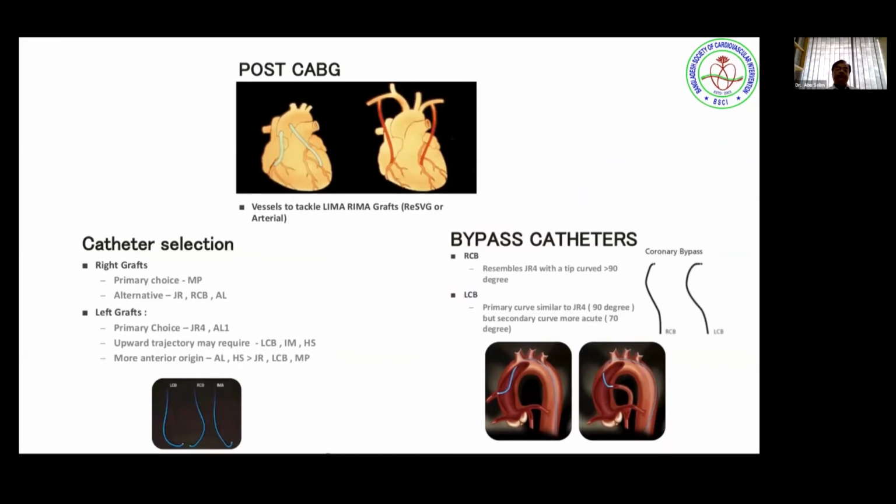And for the venous graft, we have to think of something different. For the venous graft, we always take the RCA catheter first, the Judkins right catheter. If it fails, then we think of the multi-purpose catheter, which is better suited for graft vessel visualization. And sometimes we have to take support from a specially designed catheter for grafts: Lima graft catheter, RCA graft bypass catheter, left coronary bypass graft catheter. These are also available. But in most cases we successfully perform this coronary angiogram with the help of Judkins, commonly right, and multi-purpose in our hand as plan B. This is enough. But rarely we cannot negotiate or cannulate.